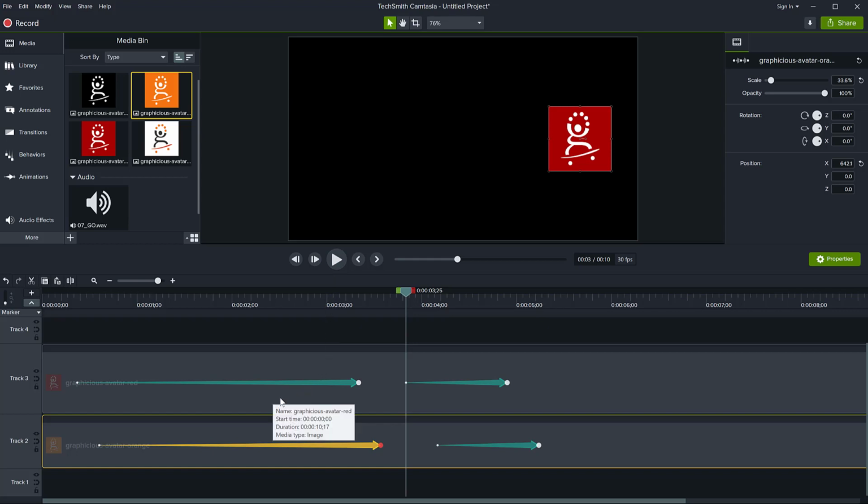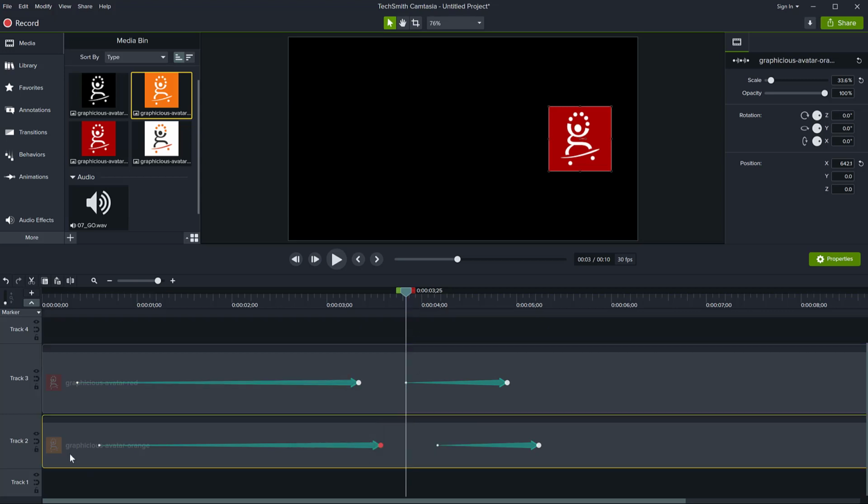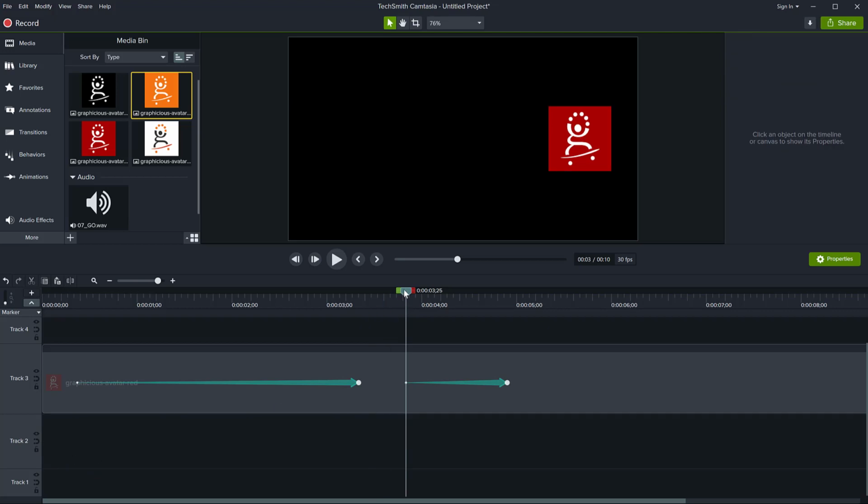You can change this easing by right-clicking on the animation and choosing Enable Easing, and then choosing one of these. Exponential in and out will do this. Let me delete this one for a second.